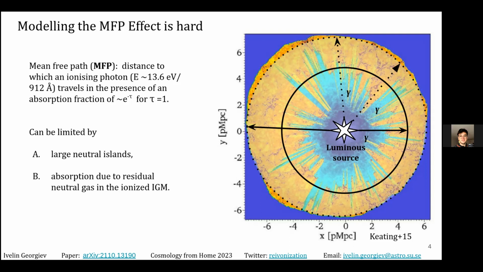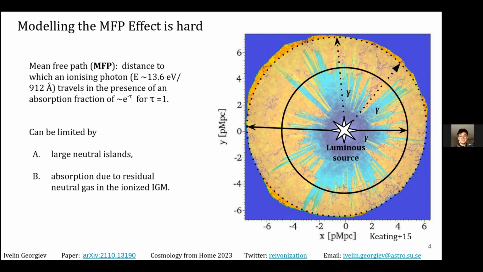So an ionizing photon can travel from the center up to the very edge of the bubble and become absorbed by neutral hydrogen clouds, as we say sometimes, or actually during its travel within the ionized regions, it can become absorbed due to either residual neutral hydrogen which has been kept by self-shielding systems that have not been ionized, or residual neutral hydrogen that has come about from the recombinations within the ionized regions.